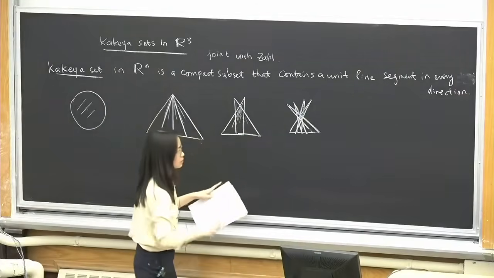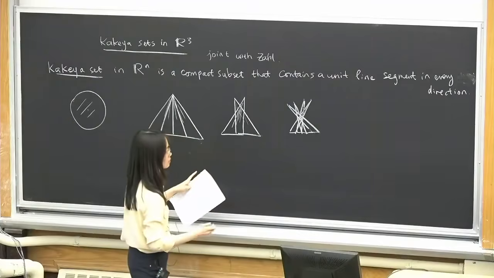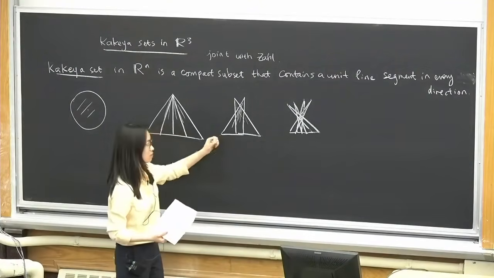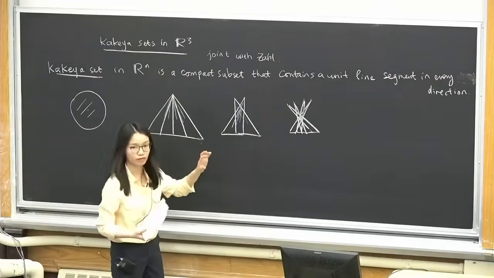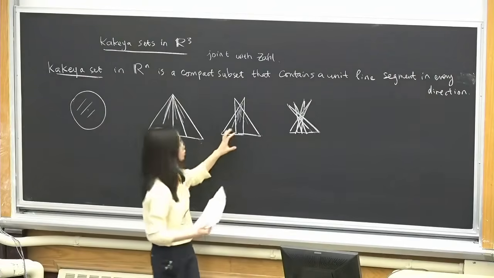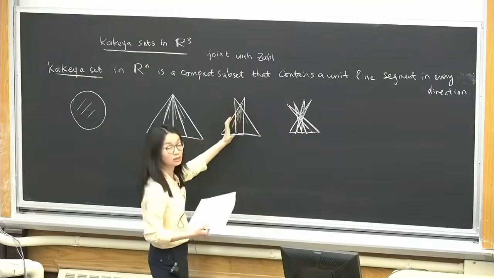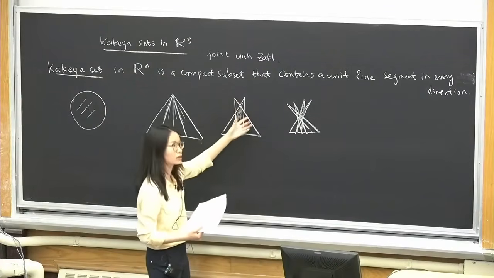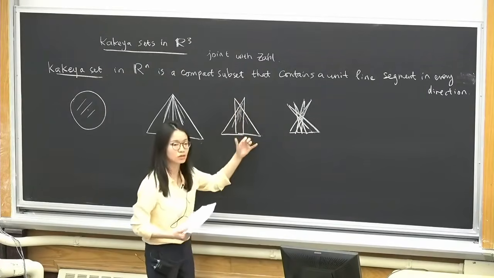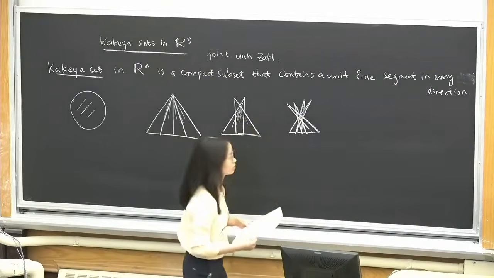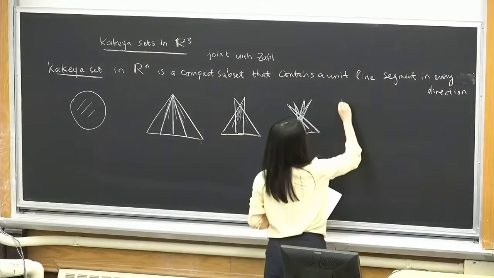So if you iterate this process, in the end you will get a set of measure zero, or of arbitrarily small measure, such that it contains all the unit line segments in this 60-degree angle, and then we can rotate and have six copies to make it into a Kakeya set with zero measure. So this